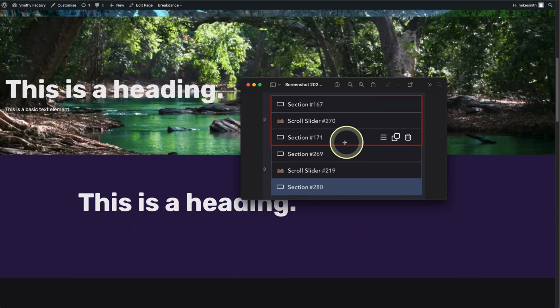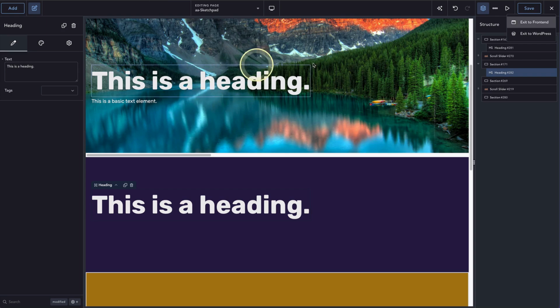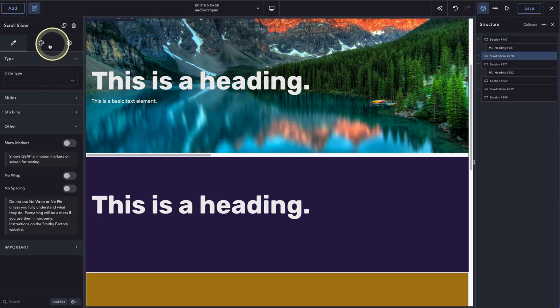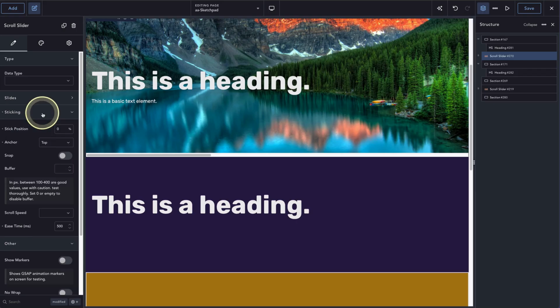So in order to get that fake space, it literally adds a huge amount of space, and you can't see it because normally, and I'll just show you how I would normally do it, with our half height scroll slider here, what I would normally do is say, okay, the scroll slider is half the height, so let's make it stick at 25% from the top. And then when you look at it on the front end,